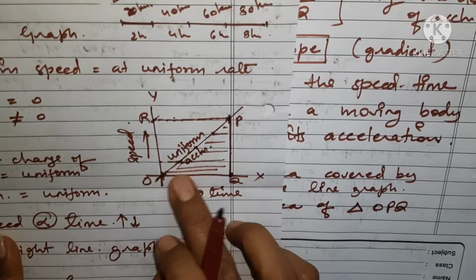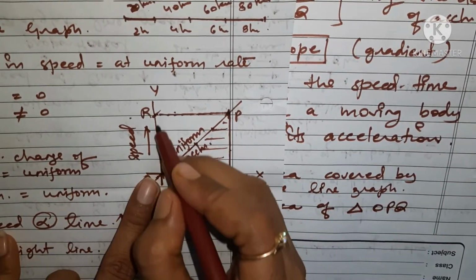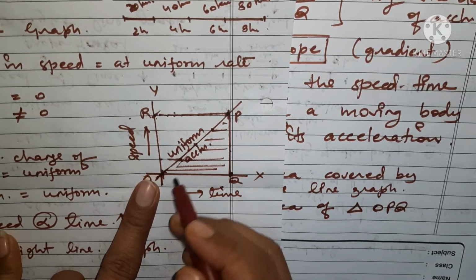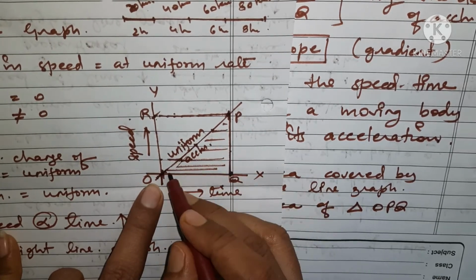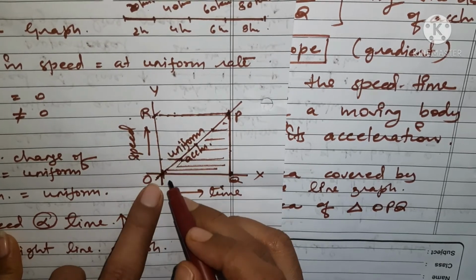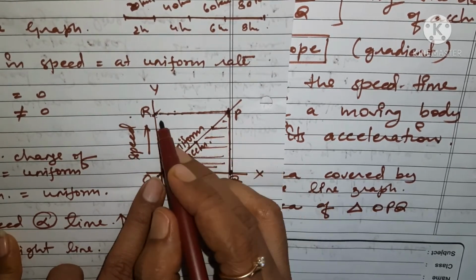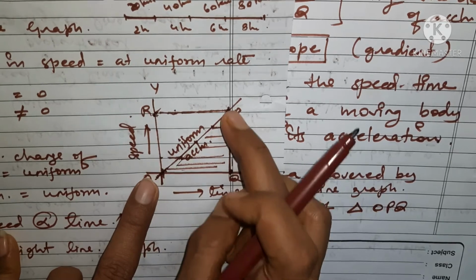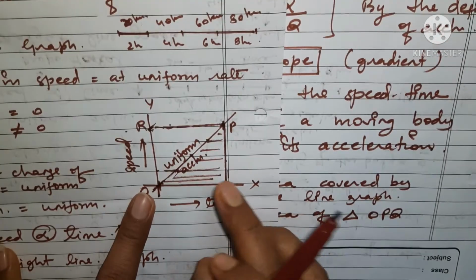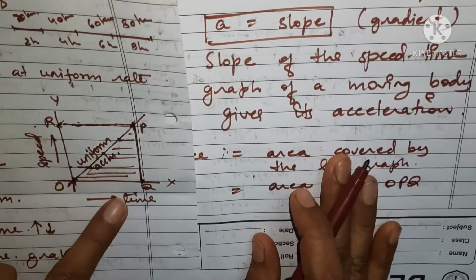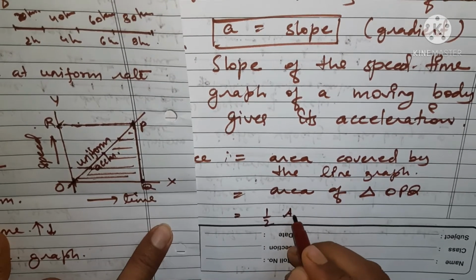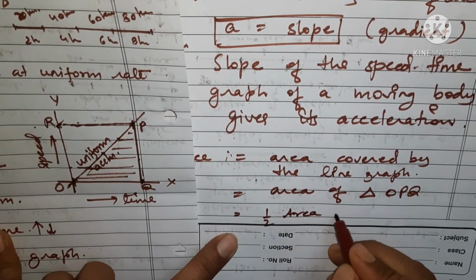OPQ. Can we find the area of this triangle by dividing the area of the rectangle by 2? You can see that this area is just equal to the area of this. Actually, this is a rectangle. I think you are able to find out that this is not a square, it is a rectangle shape. So if we find half the area of the rectangle, we can write half the area of the rectangle.